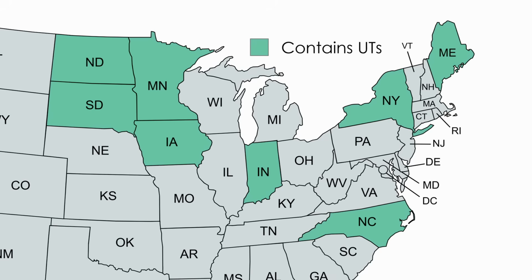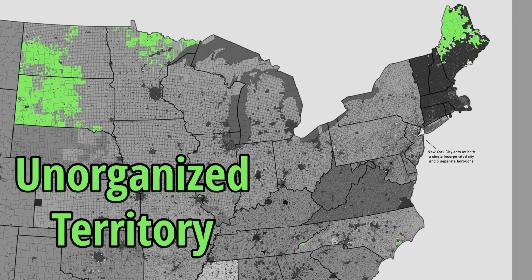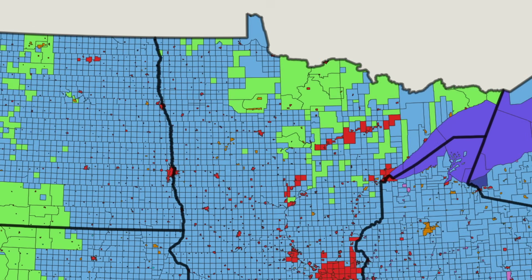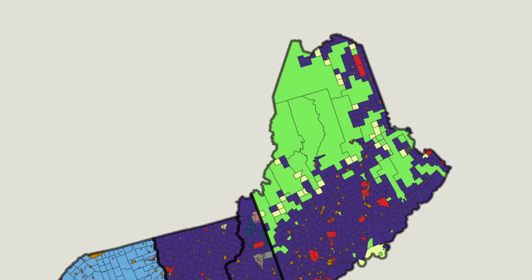Next we have another common MCD used in 8 states. These are unorganized territories. Unorganized territories are essentially the MCD equivalent to CCDs. They were established in the 1970s for places where the population isn't sufficient enough for government. As such, you will see them in not-so-populated areas like northern Minnesota or Maine. They can also be used in